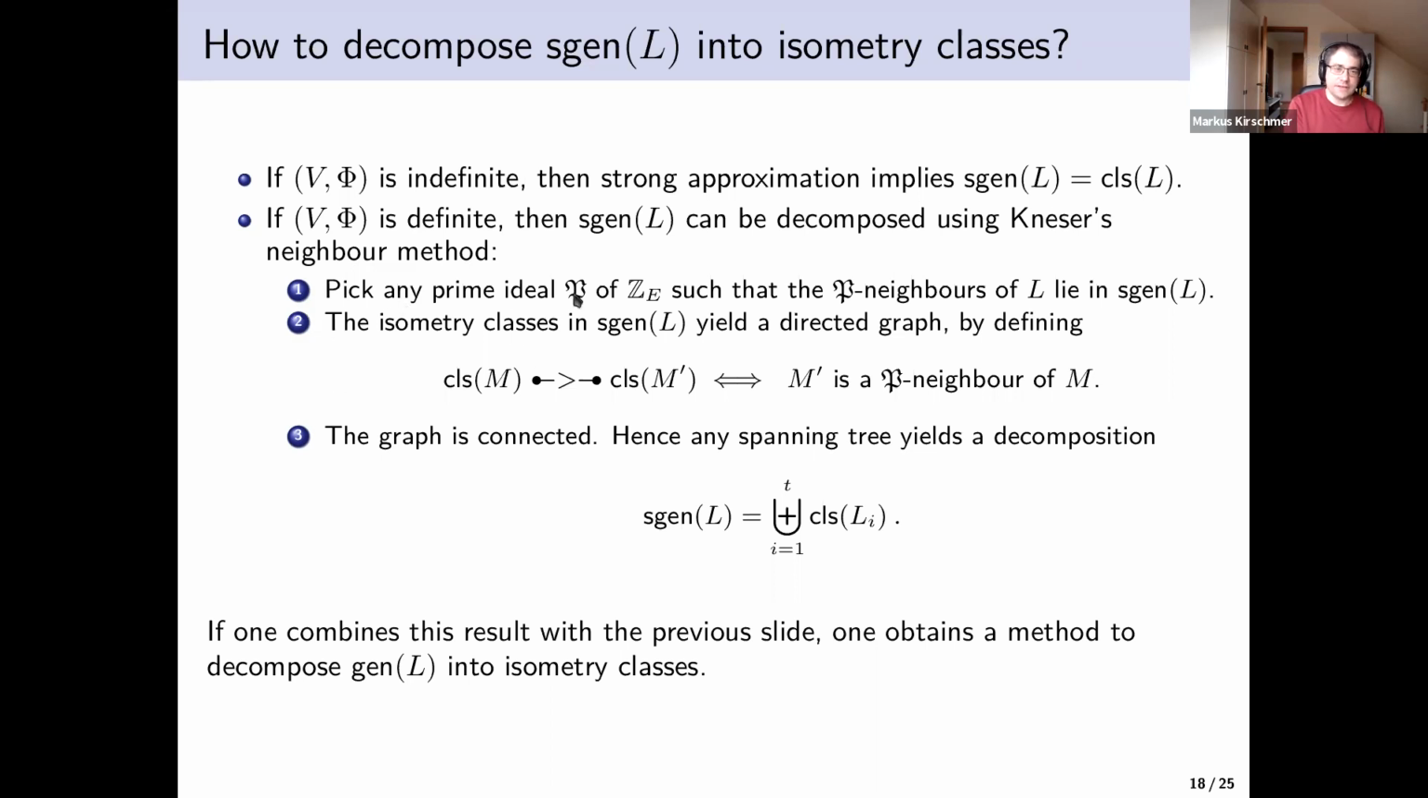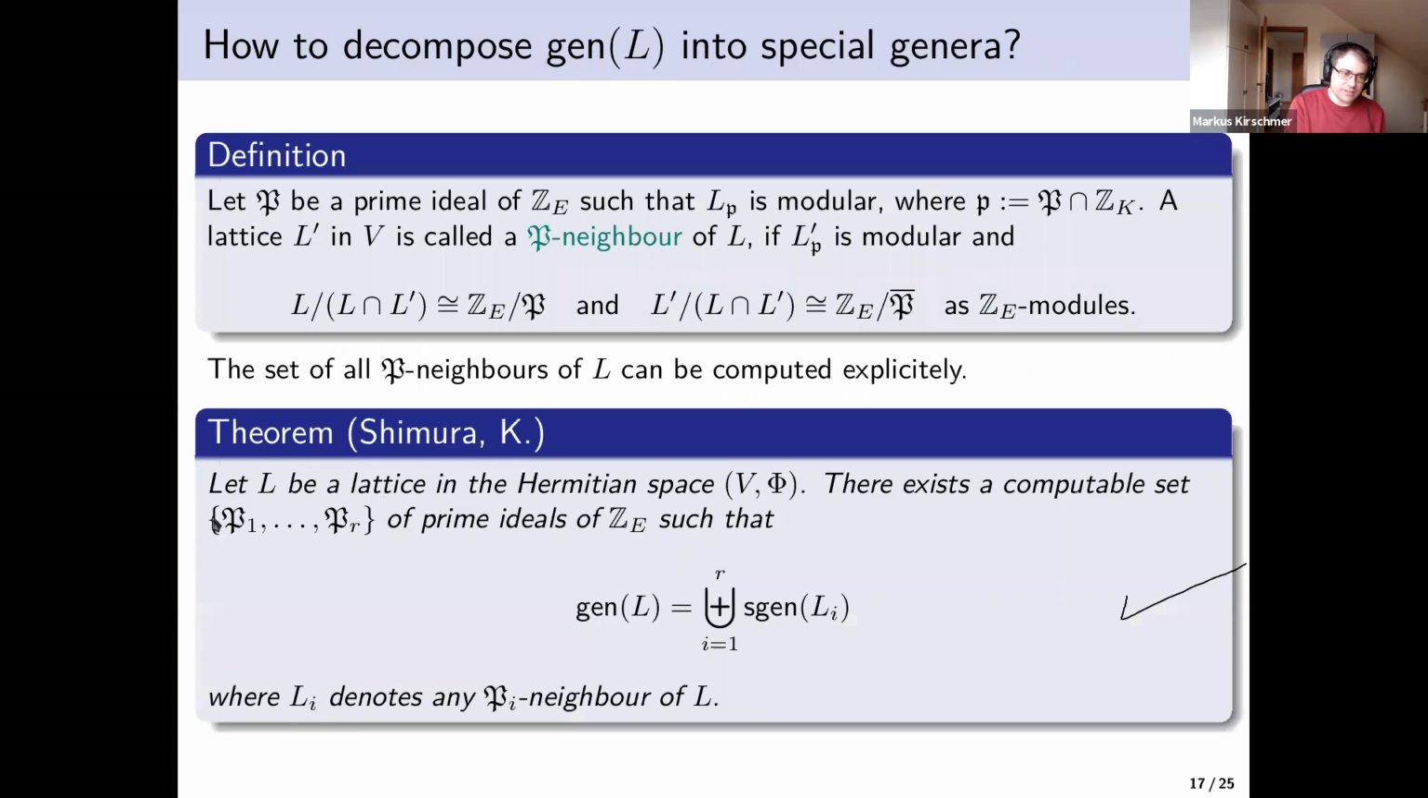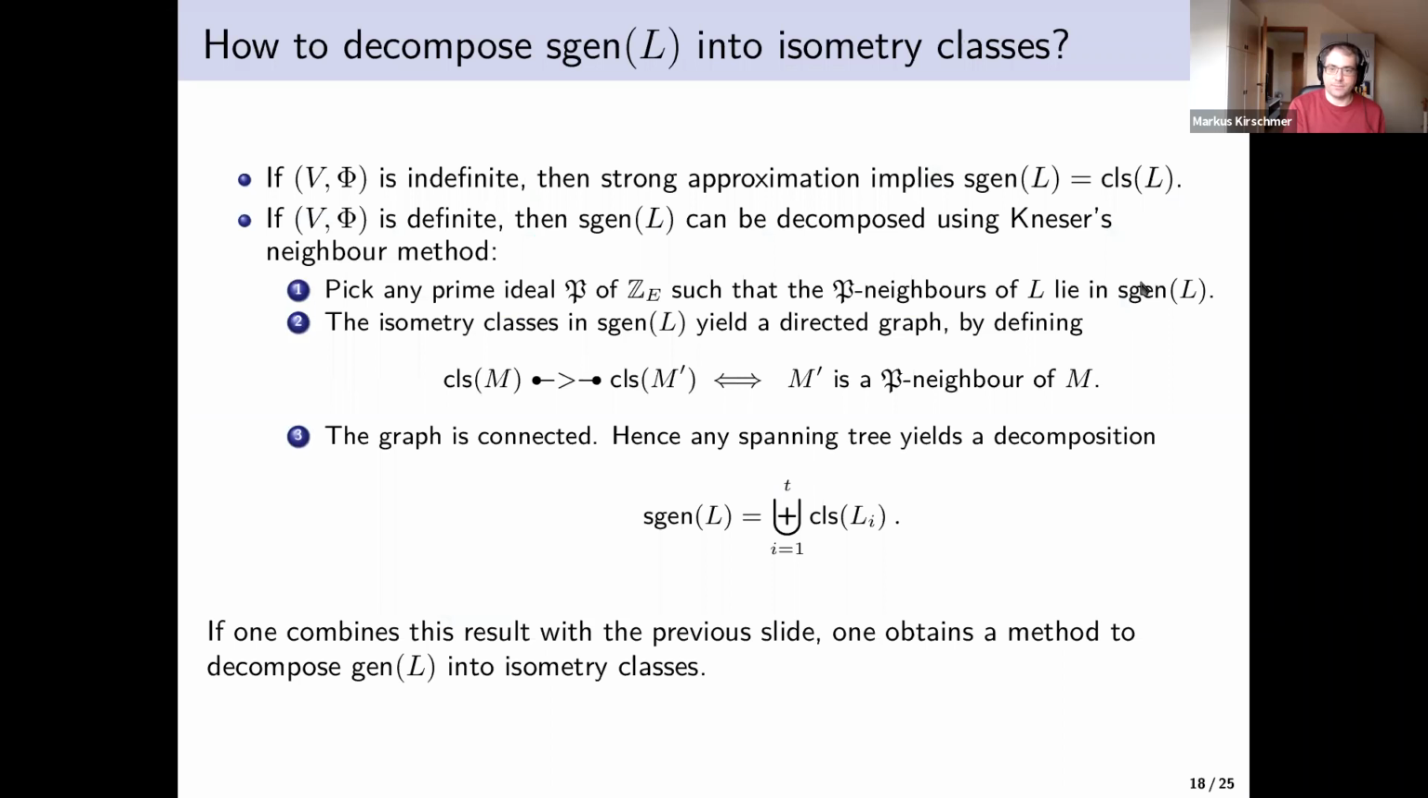And the idea is this: a result of Shimura tells you if there is a prime P such that taking P neighbors of L does not change the special genus, because it's a quotient of a ray class group, and if you're trivial in that quotient, then this prime ideal will not change special genera. So suppose I have such a prime ideal. Then